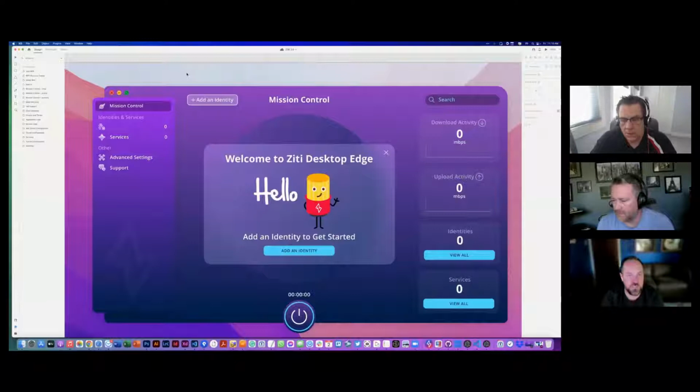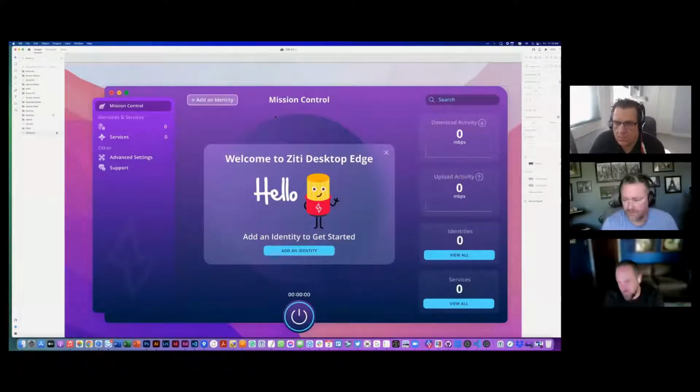And one of the things that I wanted to do when we were walking through this is make a differentiation between what section of the app you're actually in. So in this case, this screen, and this is the main dashboard area, and we'll get more into this because we'll show you a coded version of it, is called Mission Control. It's essentially going to be a dashboard or the first screen that you see where you would add your first identity or see if there's activity or see your overview of your identities or services.